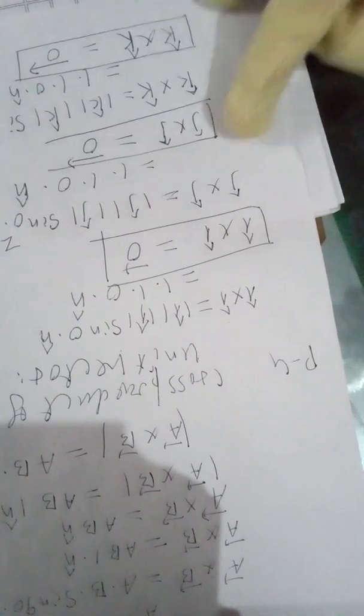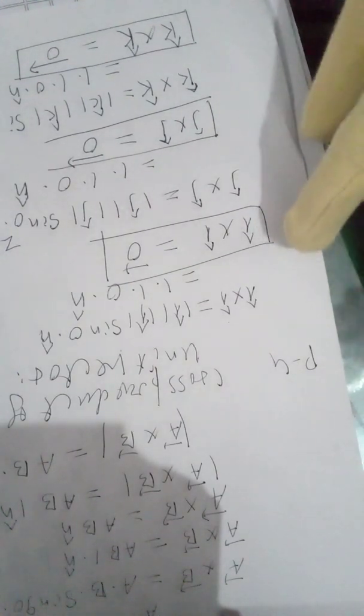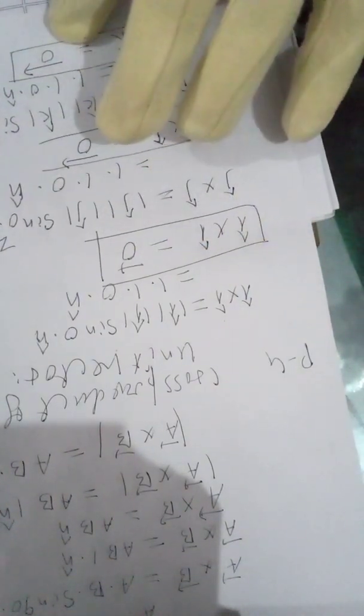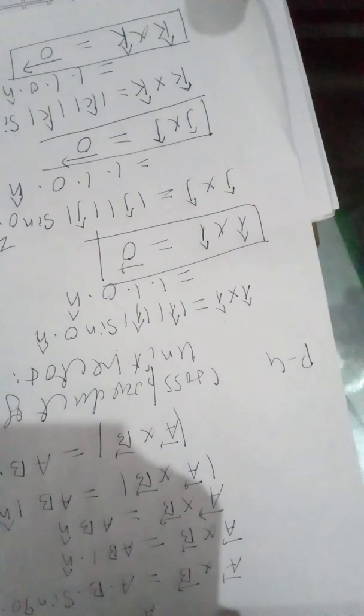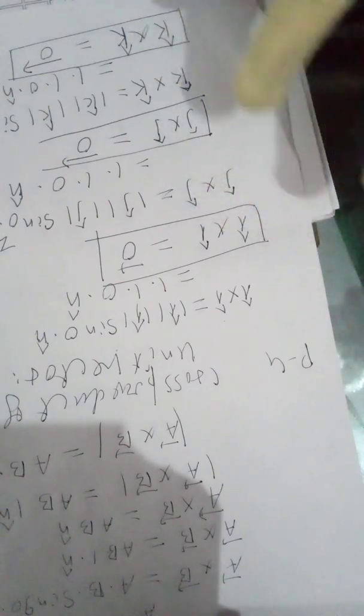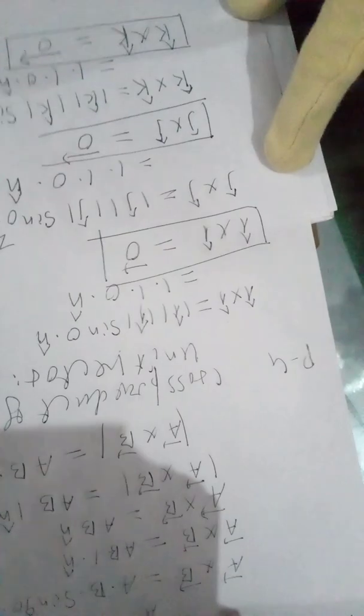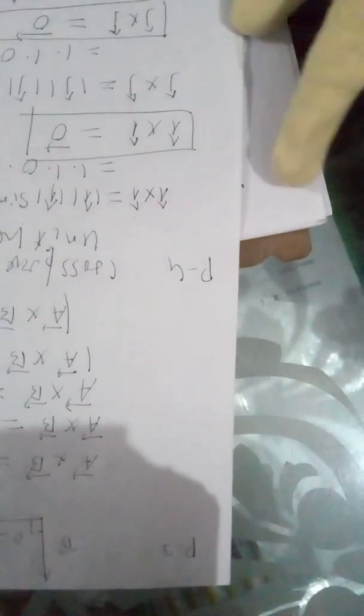So thus the cross product of k and k unit vectors is 0. So thus the cross product of two like vectors, that is i cross i, j cross j, k cross k, is 0. Like means i, j, k, the same unit vector. Now we find the cross product of two unlike vectors, that is ij, jk and ki.